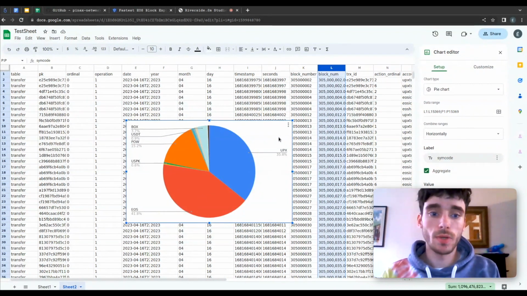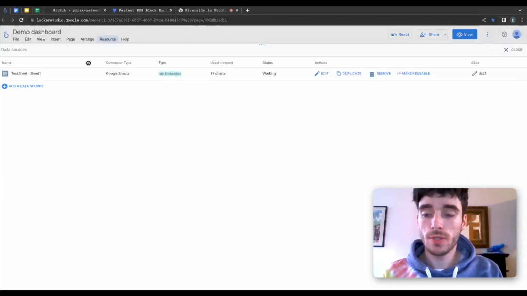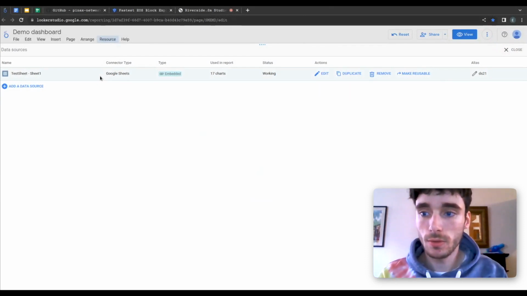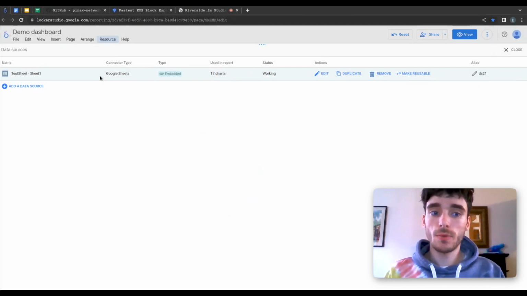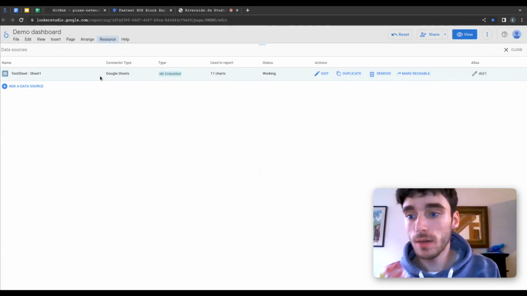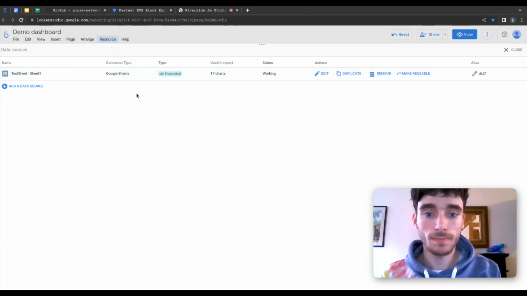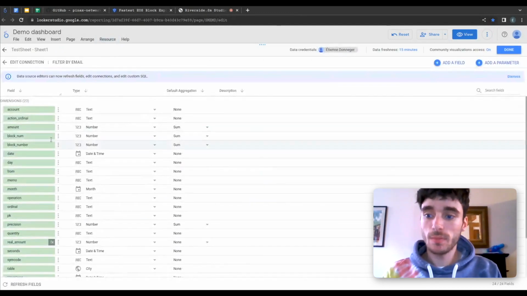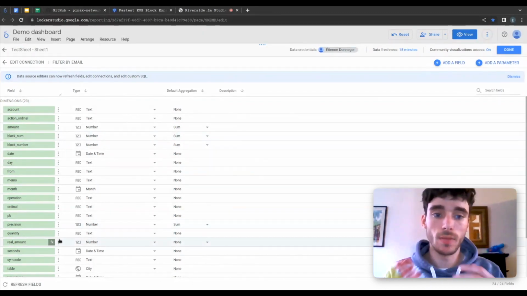But there's something very cool you can also do with Google Sheets, which is to go to a tool called Looker Studio, also by Google. If you go to lookerstudio.google.com, you can start a report. And what reports do is let you build charts like we just did directly in a specific tool. So here I linked my test sheet to the Looker Studio project, and you can see that I have the exact same fields that I have in my Google Sheets. I have them here, and I can make calculations about these fields and aggregate them, etc.